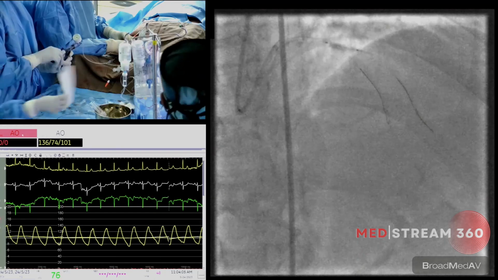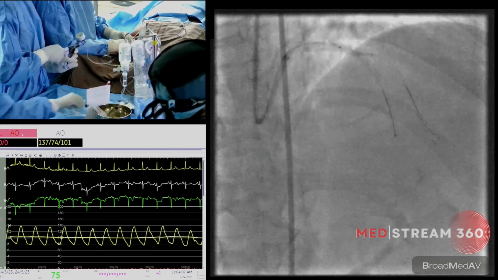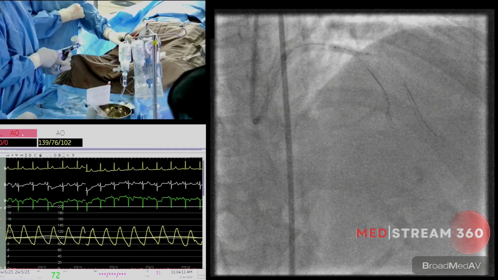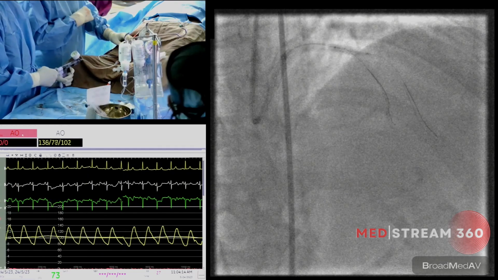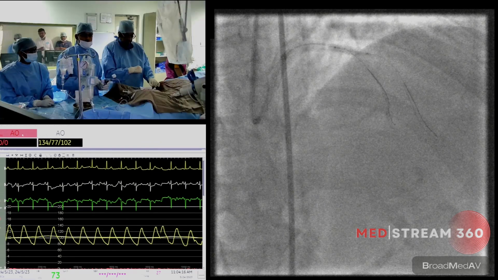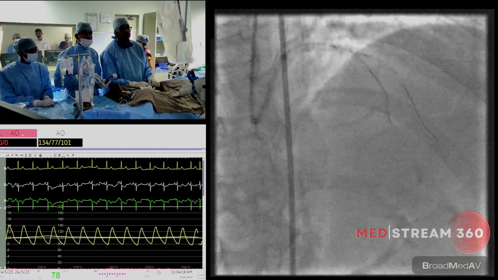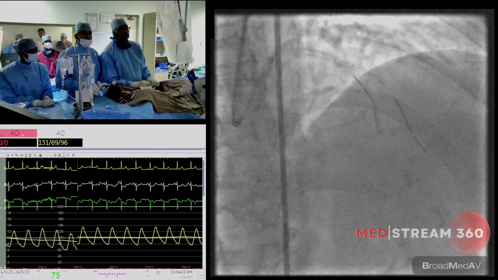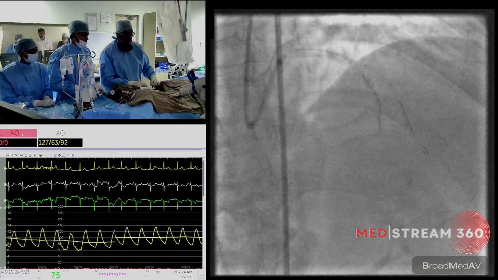It didn't open completely the closed struts. Just keep it at 6. Yeah. Keep it for some time to oppose the flaps, 5-10 seconds. Yeah, it's okay. We can deflate. Deflate, please. So now what I'm going to do is just push the deflated balloon down into the diagonal and